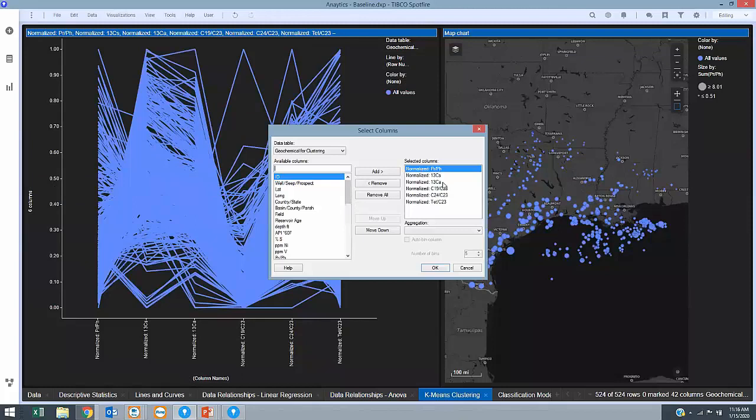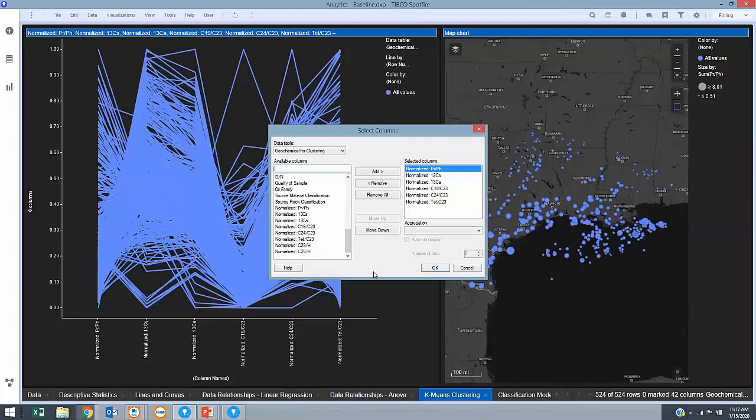Normalized pristine phytanes and these other carbon values that we see here were selected from a list that we see over here. The normalization that you see in front was added by a transformation that we did when we loaded the data. We were able to point to a number of variables and say, please normalize these. In this case, I chose to scale them all between 0 and 1, as you can see on the y-axis